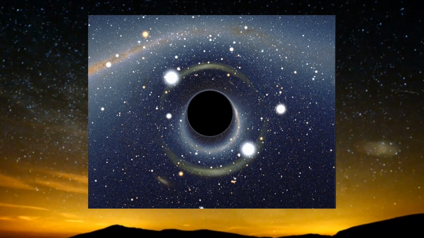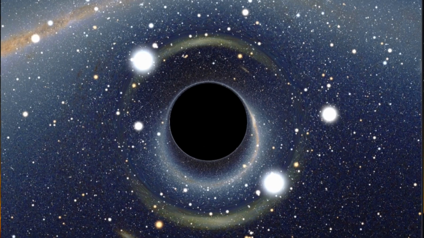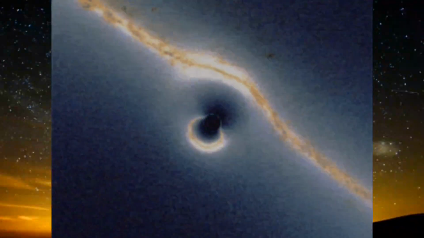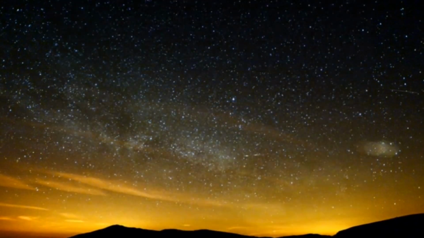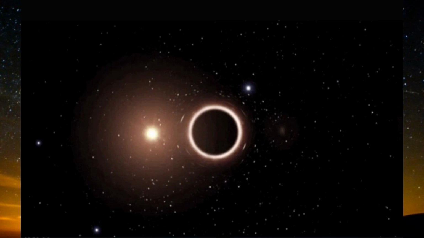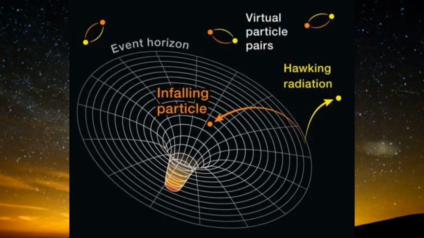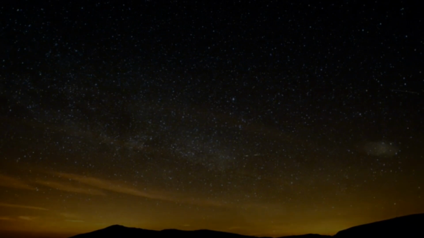Micro-black holes are hypothetical, tiny black holes with masses much smaller than stellar black holes, potentially created in high-energy particle collisions or by advanced civilizations. They would have incredibly small event horizons and evaporate quickly through Hawking radiation, making them challenging to detect and study, but fascinating theoretical concepts.